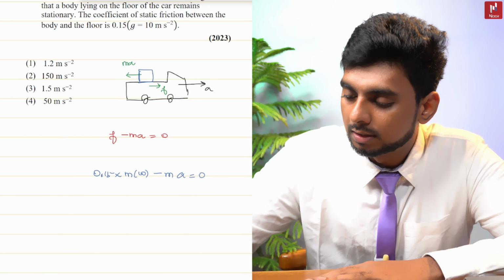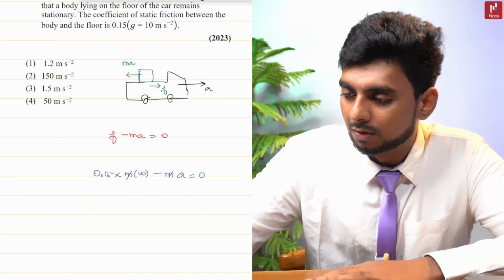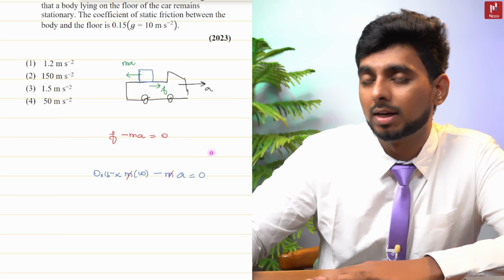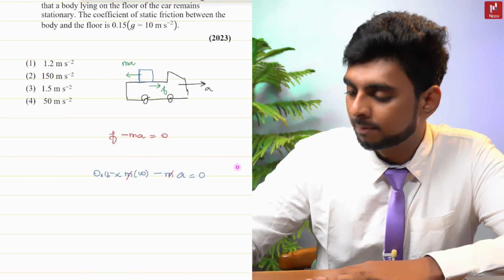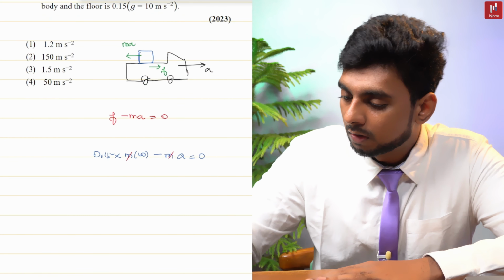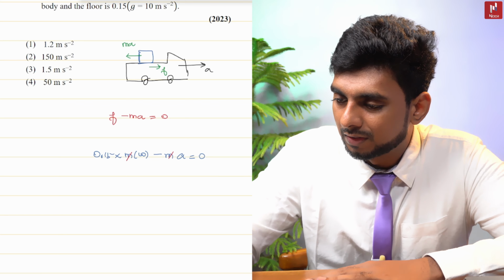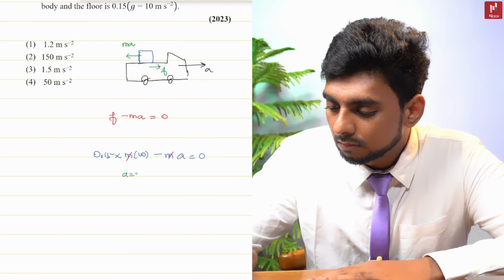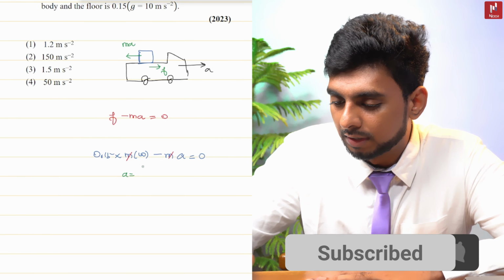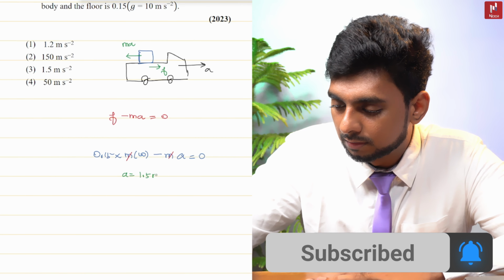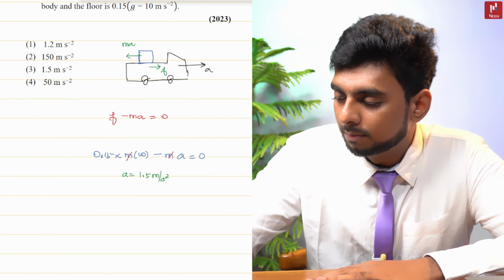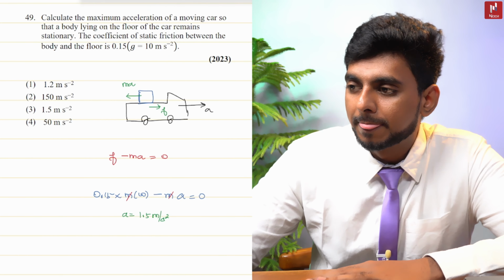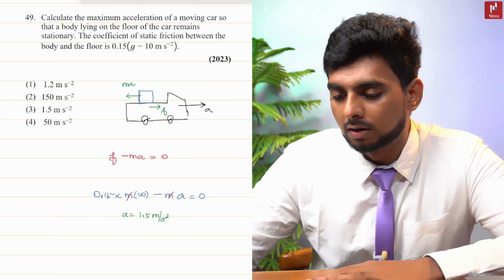Here in this situation, m will get cancelled out, because if I just factor it out and move it to the denominator on the right hand side, you'll end up having 0 by m, which is going to be 0. Got it? So a will be equal to, I got the answer, that's it. So a will be equal to 10 into 0.15, that will be 1.5 meter per second square. So I could actually move with an acceleration of 1.5 meter per second square, so that the object